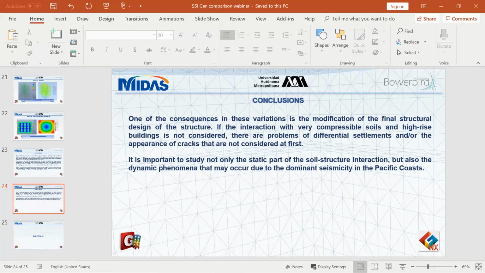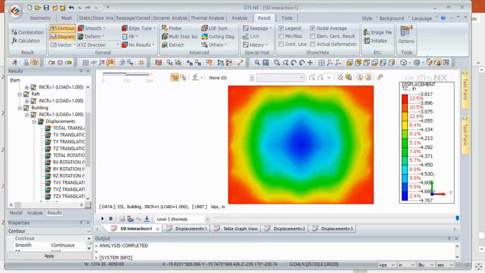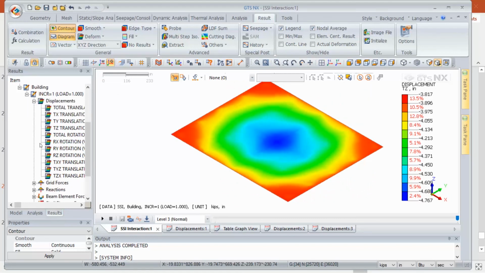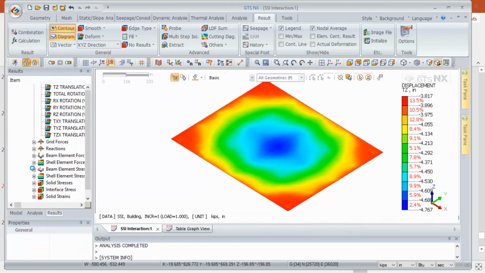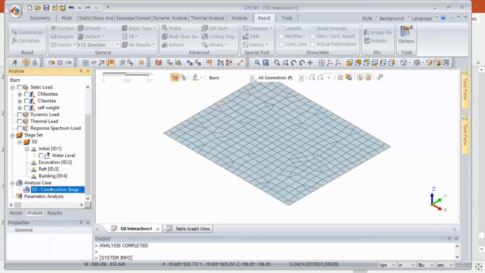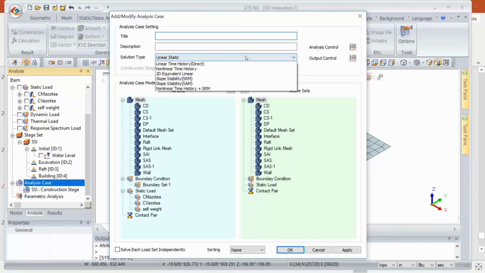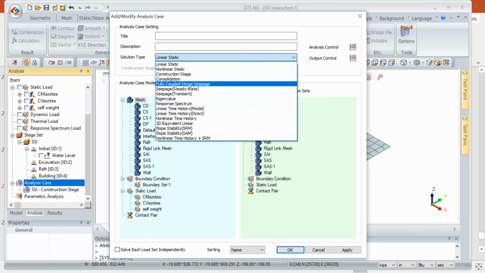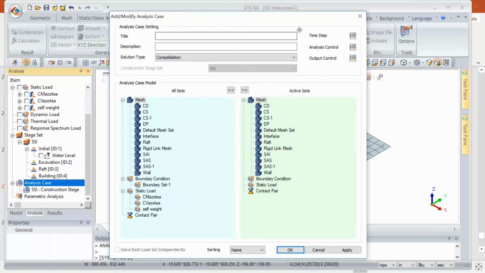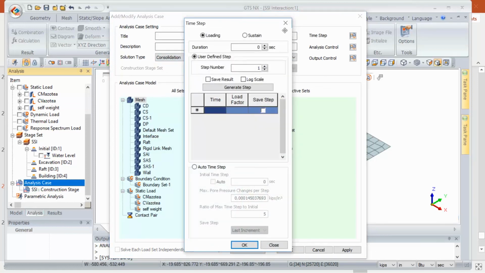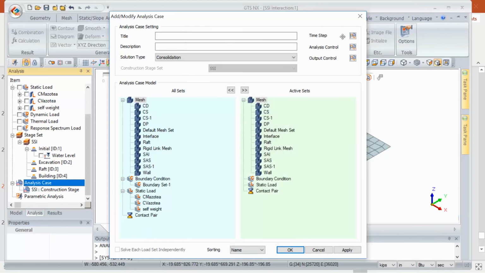So just quickly covering that aspect of the program: in this case, it was just a construction stage analysis, so it's not necessarily static. We could have also run this analysis for all these geotech points of view. So as we were saying, consolidation analysis, where we specify the duration of the settlement over time, and we can also have boundary conditions for draining over long periods of time, so we can get that excess pore pressure out,